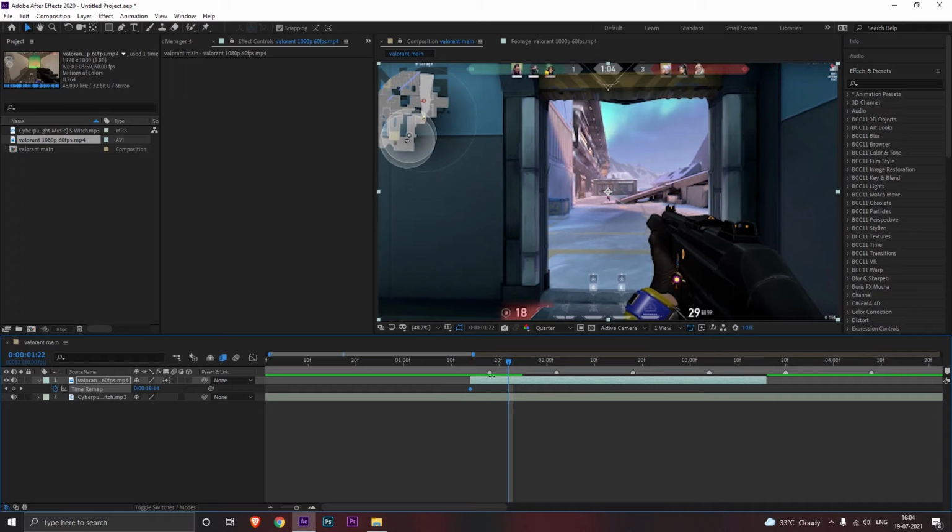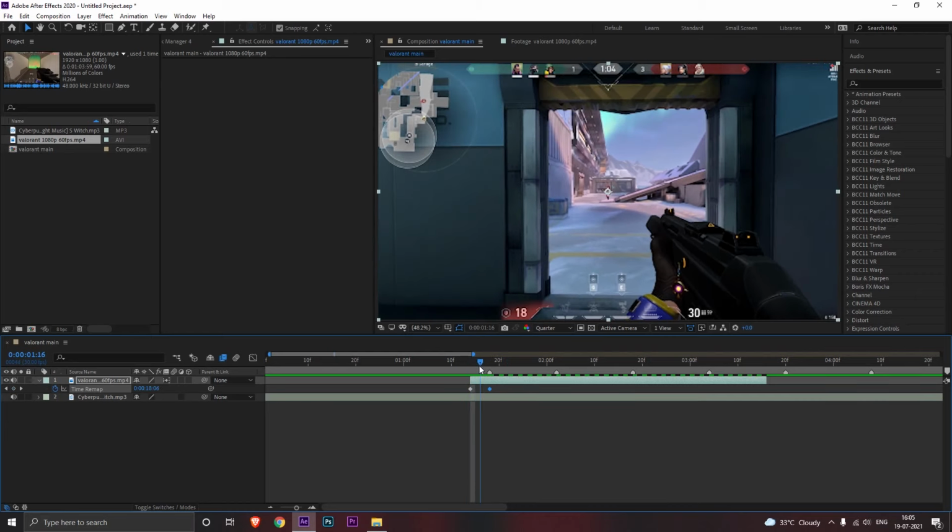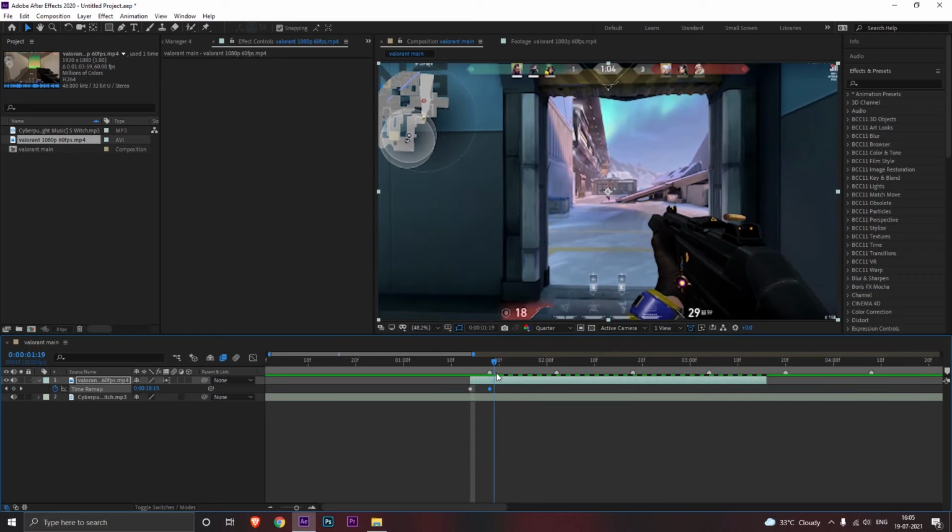Now let's add a keyframe here. We'll move the keyframe to the mark so that he starts to fire from the mark. By doing this, you are just increasing the speed of the video, and as you know, if you increase the speed, the video will become short.